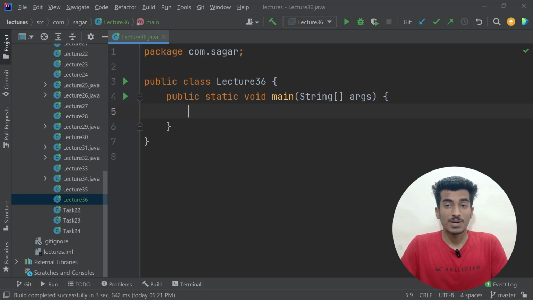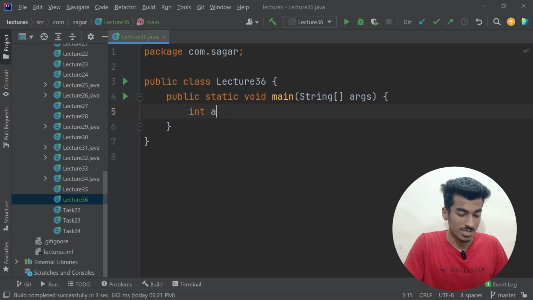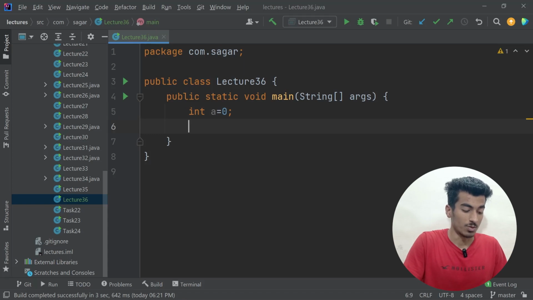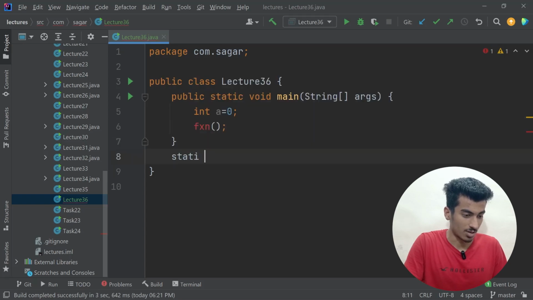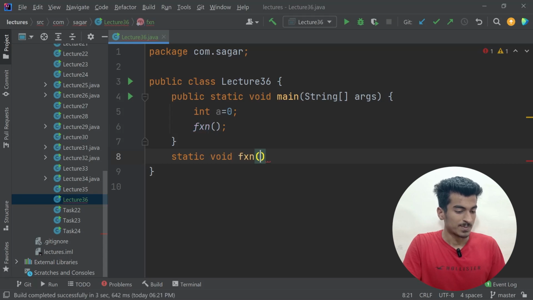So first of all, what is passed by value and passed by reference? Suppose we have this object A. This is a primitive data type, and first of all, what is passed by value? Suppose I have a function here, and this should be a static function now. Static function. And I already told you about the static keyword, and if you don't know, go watch that